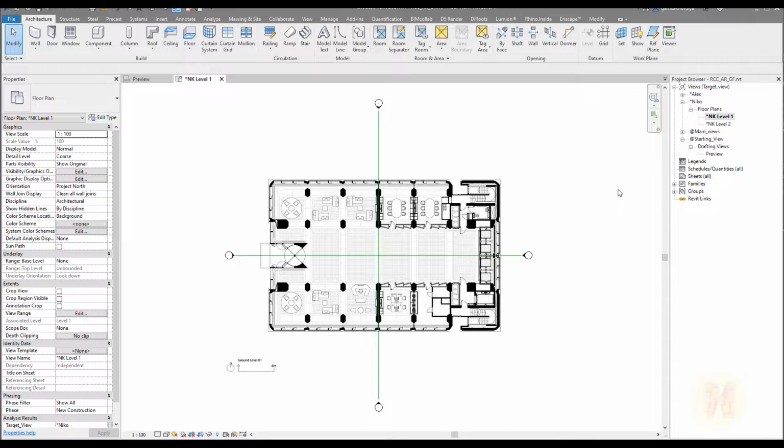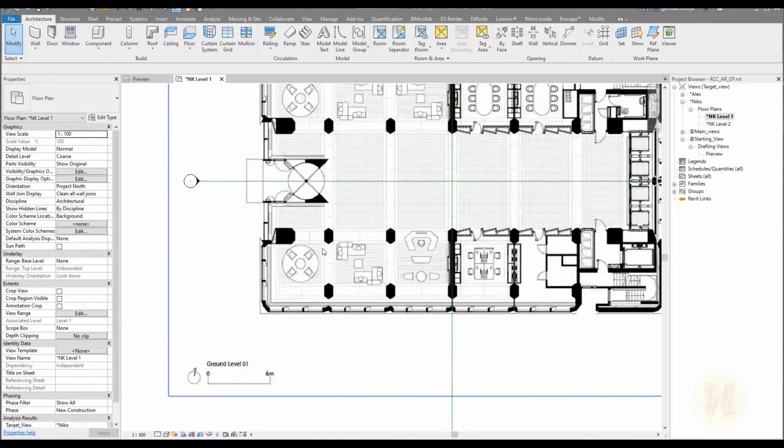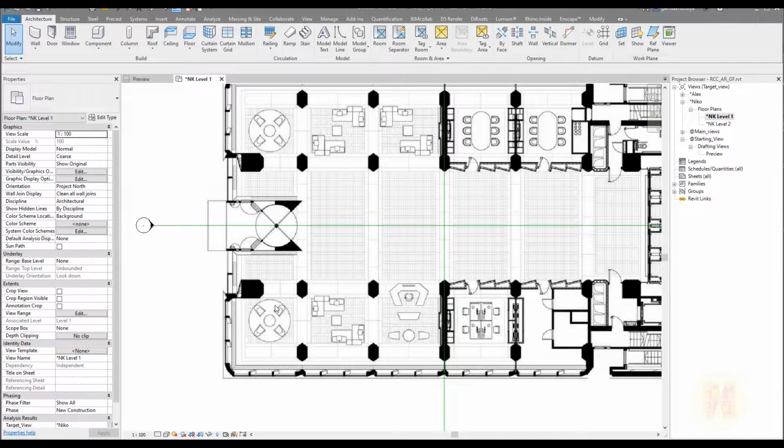First of all, we should create our grid system, because as you know, without the grid system we cannot draw properly. So I will start to create the grids. As you understand, we are using the underlay. This is only a JPEG file. It means